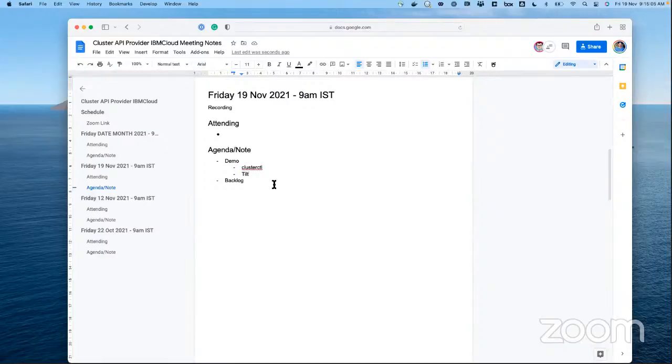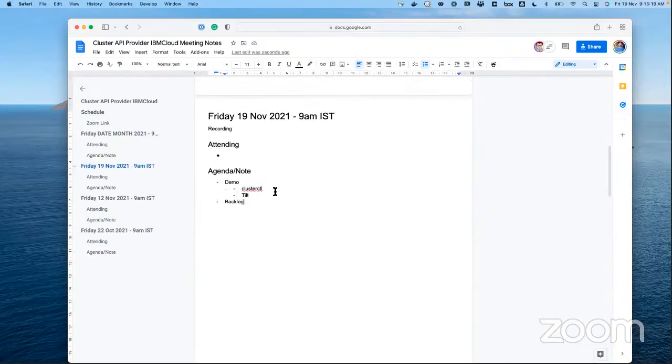If you're making any changes in the code, this will really help in making automatic deploys whenever the code changes. We'll discuss those things, and then also go through the backlog we have. Any further agenda, if you want to discuss, please append the list.